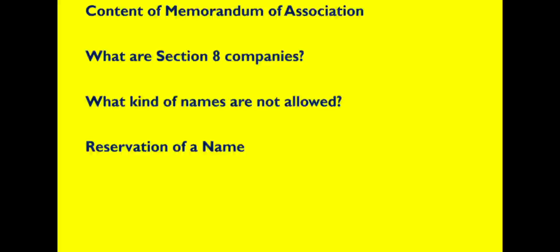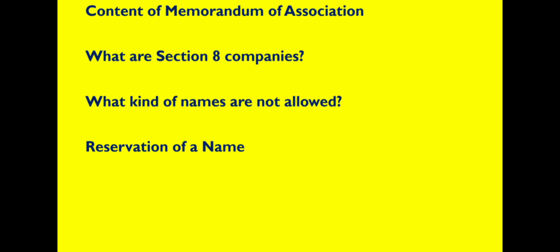Furthermore, statutory names such as the UN, Red Cross, or World Bank, or Amnesty International, etc., are also not allowed to be chosen. Names which in any way indicate that the company is working for the government are also not allowed. Next up is reservation of a name. Section 4, Clause 5, Subclause 1 of the Act states that for formation of the company, the registrar on receiving the required documents can reserve a name for 20 days. If the application is made by an existing company, then once the application is accepted, the name will be reserved for 60 days from the date of application.